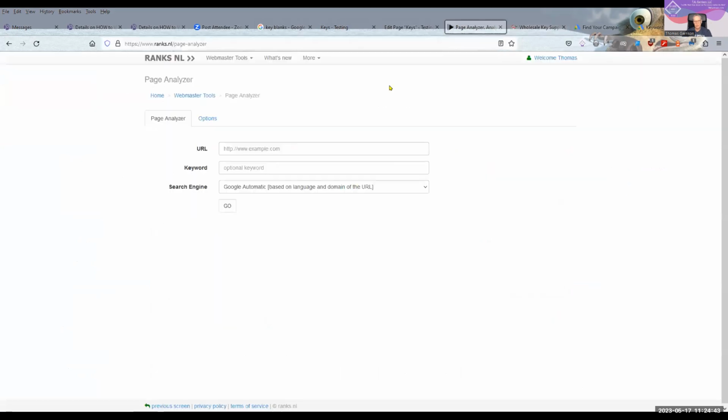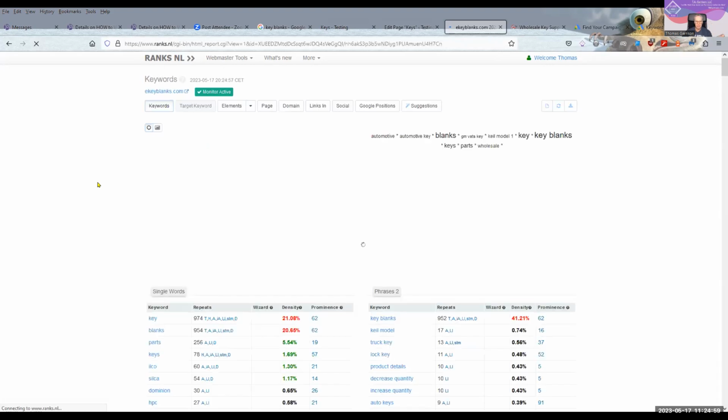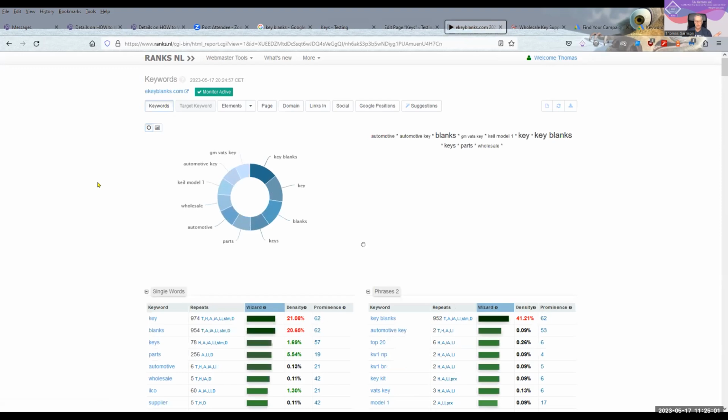We're going to drop it in here because we're going to look at this particular website, look at the optimization that's been done. You should be asking yourself, wait, isn't that cheating? Nope. This website is going to look at the competition and tell us the SEO on that page. And we're going to find out everything about the competition.